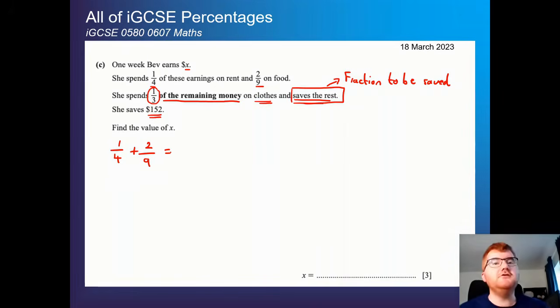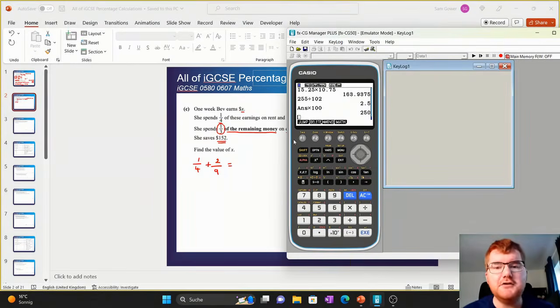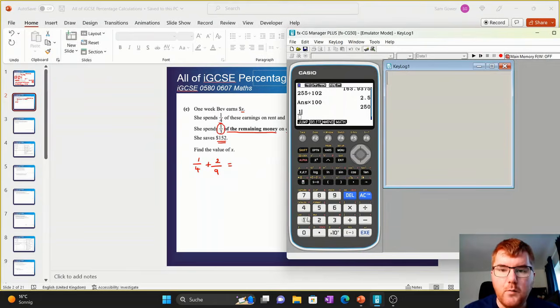Now you could of course use non-calculator methods here, but this is a calculator question. So all I'm going to do on my calculator here is simply type in 1/4 plus 2/9 and see what happens. This is something I really encourage you to do on any scientific calculator. So I'm going to use the fraction button here. I go 1/4. Of course, on a non-calculator paper, you'd have to do this manually. But if we have the calculator, why not let it do the simplifying for us? So look, go equals, it'll give you that fraction directly,